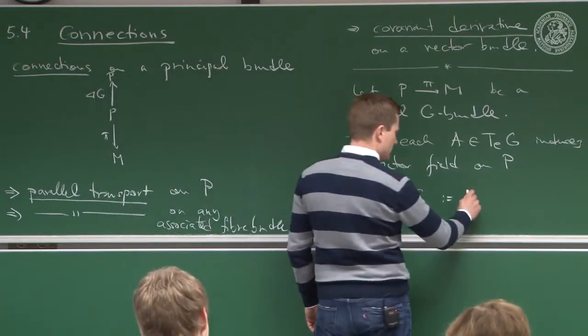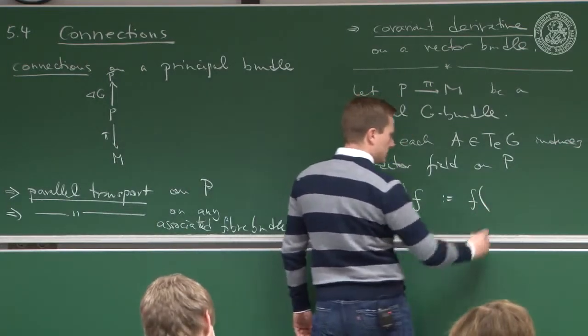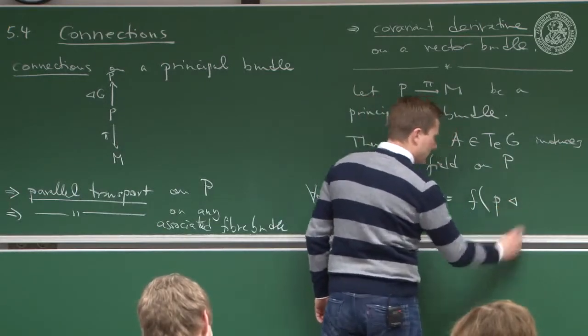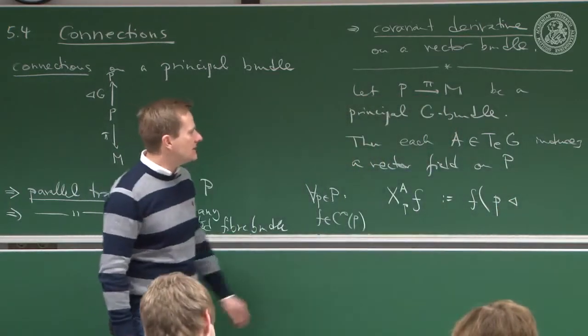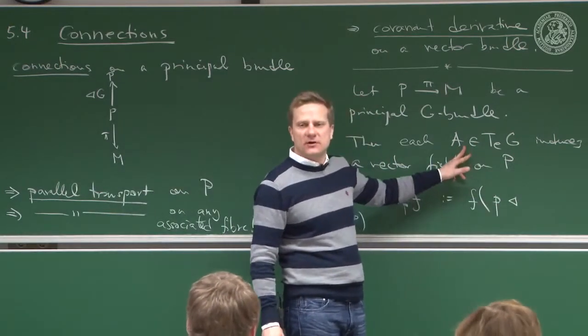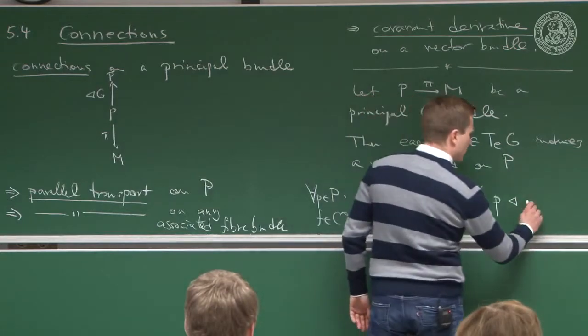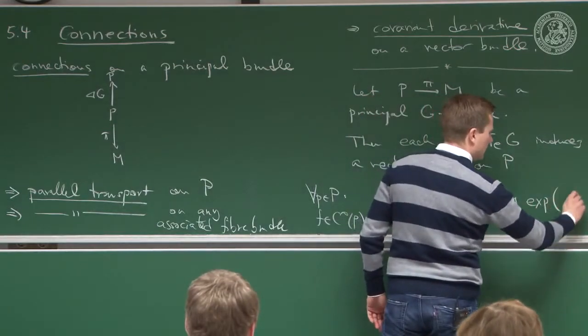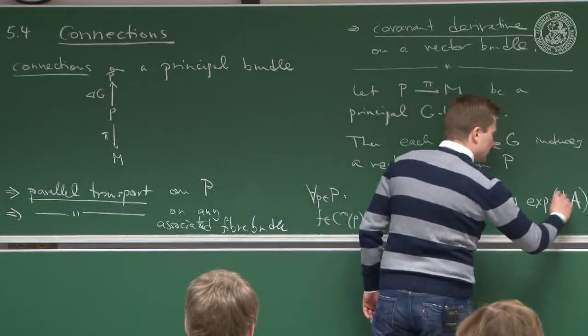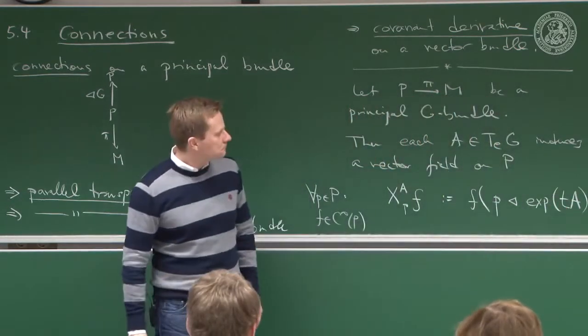This is supposed to be f at the point p, but acted upon from the right. We need a group element that acts from the right, but we just have a Lie algebra element. Of course, we get a group element by exponentiating the Lie algebra element,